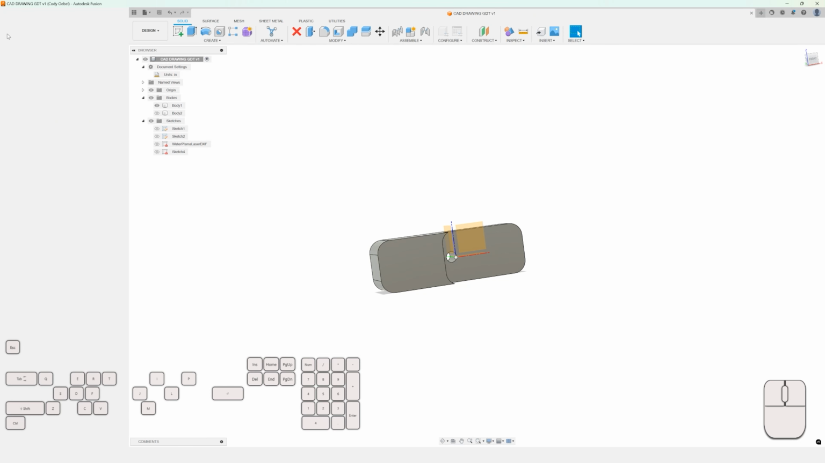Anytime you need to get to your CAD drawings, click on this little project panel here,